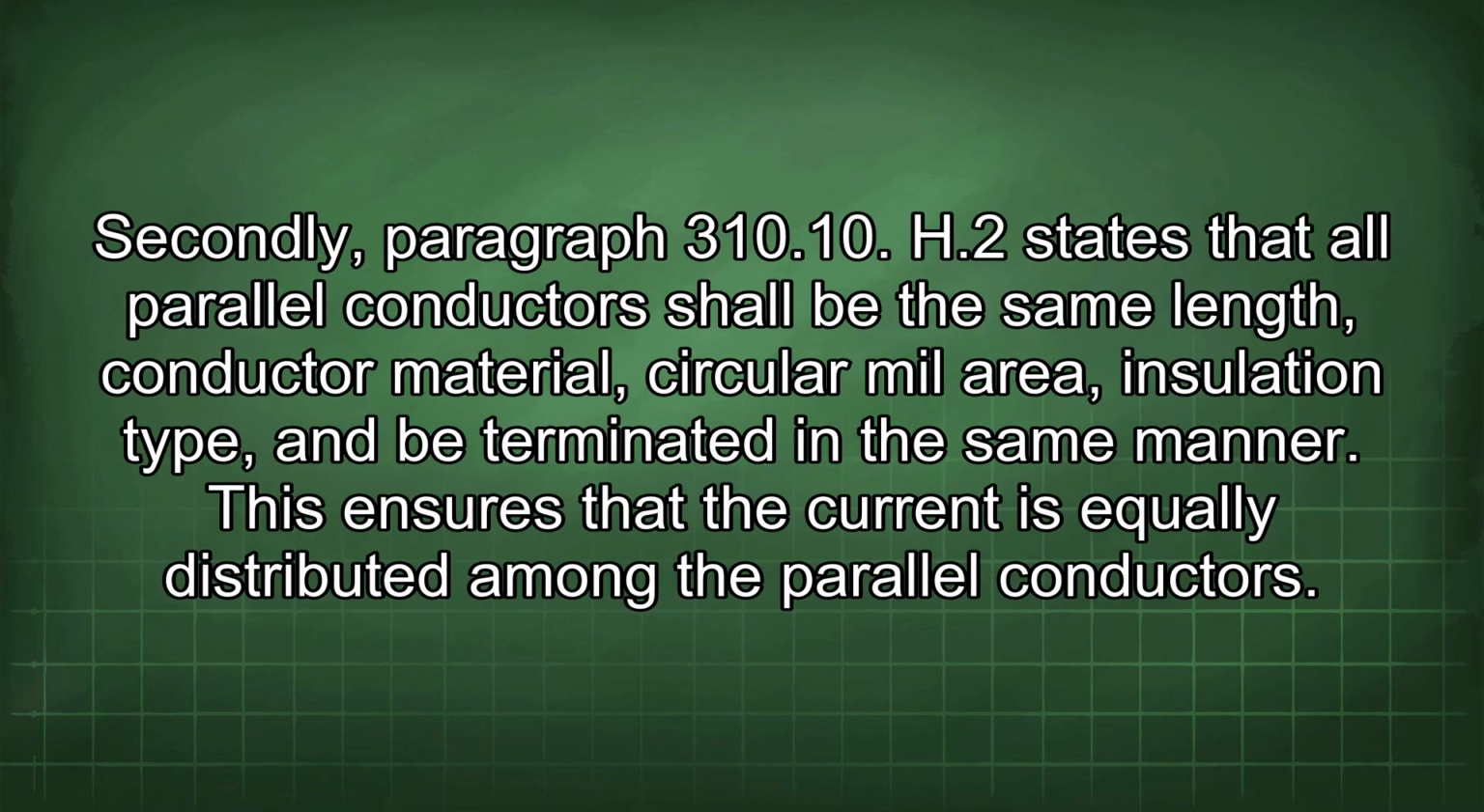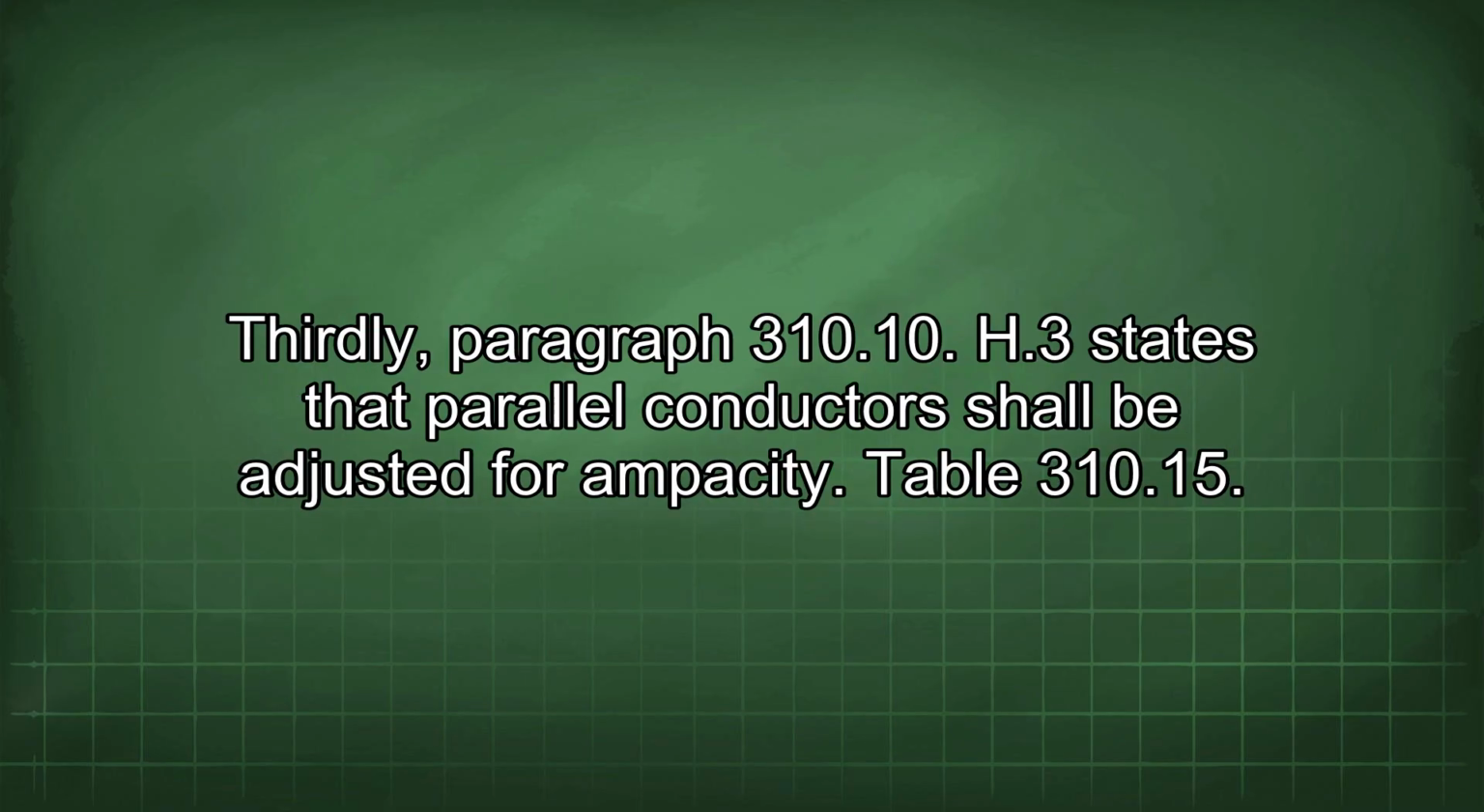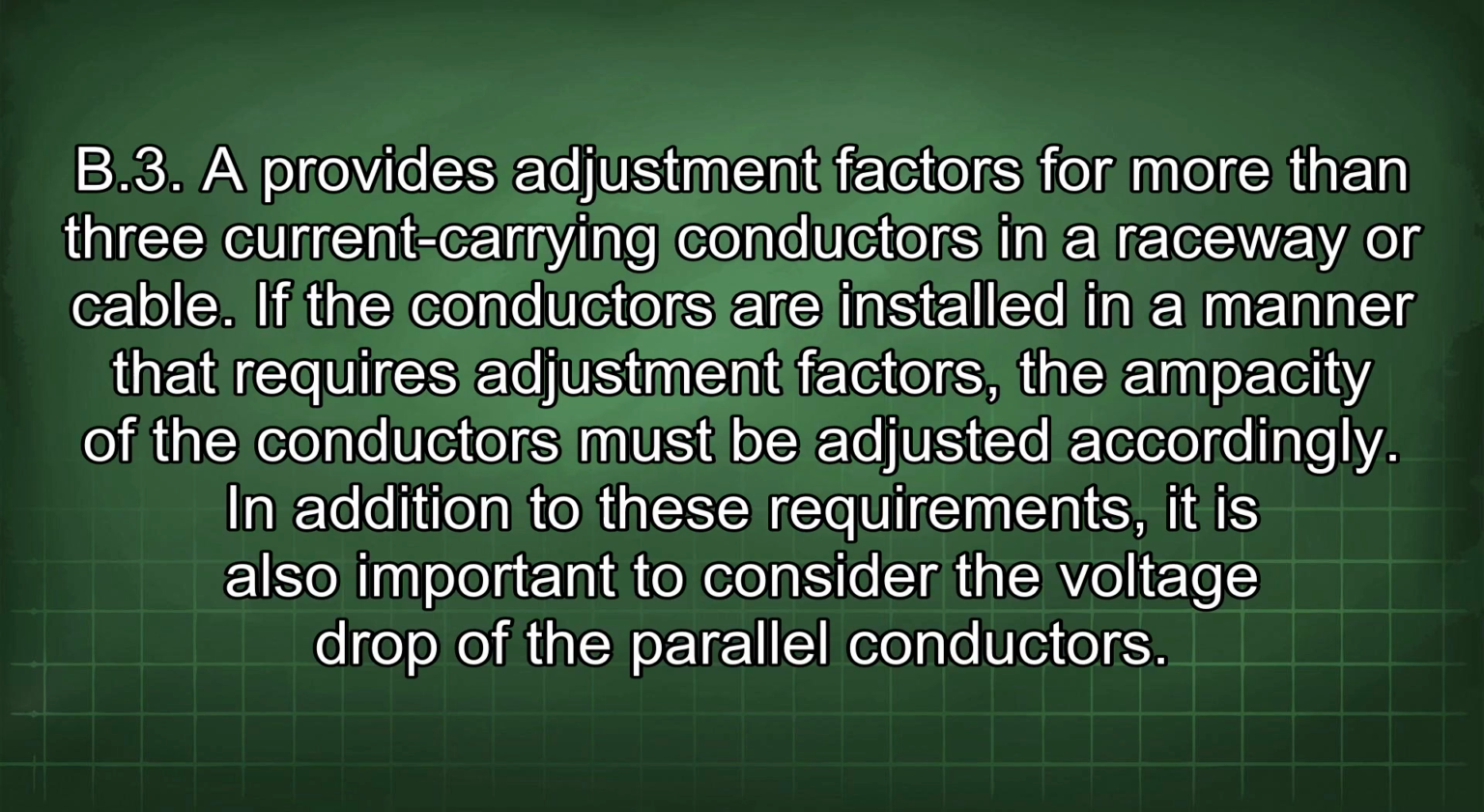Secondly, paragraph 310.10(H)(2) states that all parallel conductors shall be the same length, conductor material, circular mil area, insulation type, and be terminated in the same manner. This ensures that the current is equally distributed among the parallel conductors. Thirdly, paragraph 310.10(H)(3) states that parallel conductors shall be adjusted for ampacity. Table 310.15(B)(3)(a) provides adjustment factors for more than 3 current-carrying conductors in a raceway or cable. If the conductors are installed in a manner that requires adjustment factors, the ampacity of the conductors must be adjusted